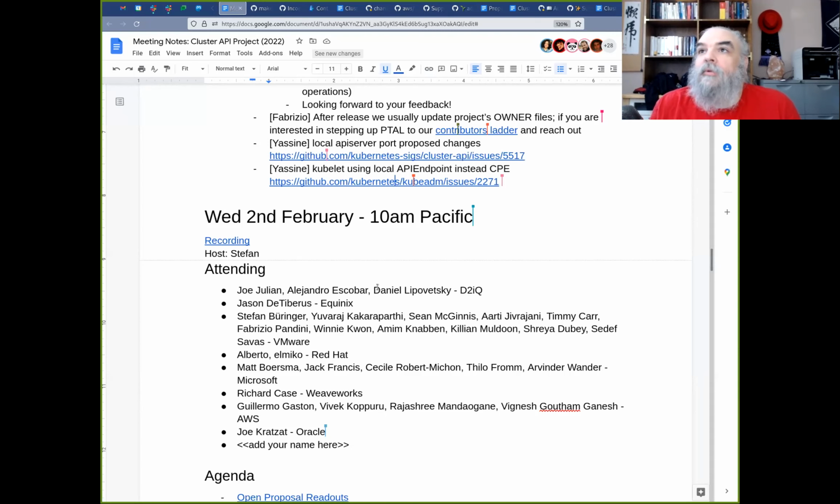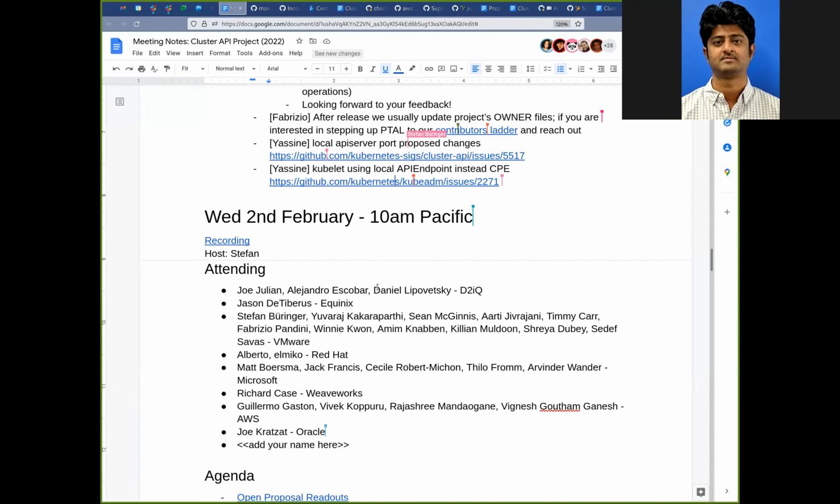Shyam, I see you have your hand up. Yeah, just to add on that, I've been testing this feature in kubeadm for private clusters in Azure. In Azure, we have a workaround where we map the control plane endpoint to localhost so that it doesn't get routed through the load balancer. So I tried removing that hack and testing it with just having kubeadm installed.